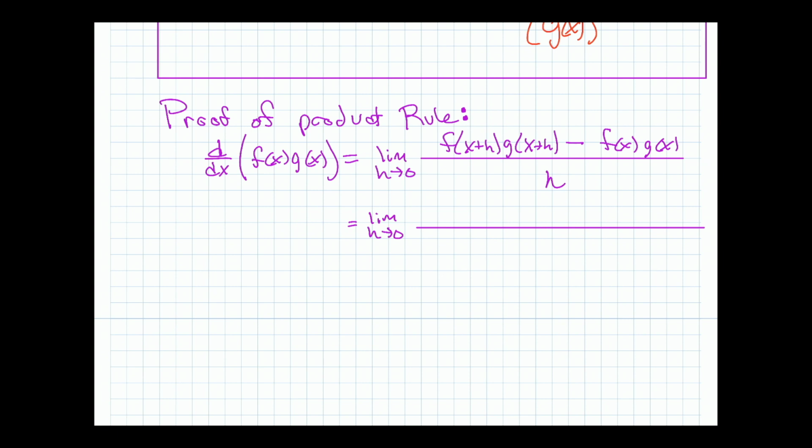So basically what you have to do is add a term that's missing, but we need it. The term that I'm going to add is going to be like a cross term, f of x plus h, g, and then,